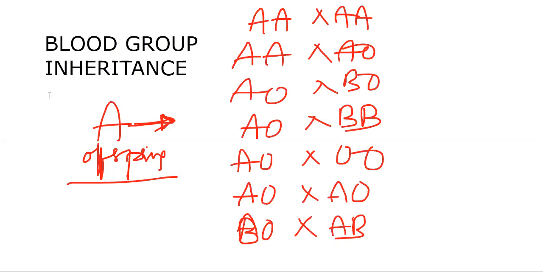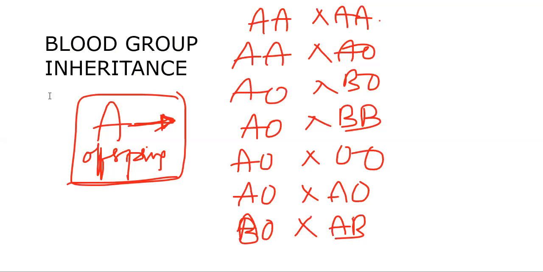Okay, among these, one is wrong. So let me see your practice. I think one is wrong, or all are correct. Can you recognize which one is wrong? Which won't give an A offspring? Here you have to check yourself whether you are answering in this mode or not. Otherwise you have to do the practice. You need to make the boxes.